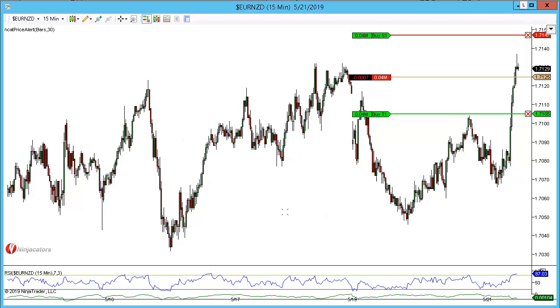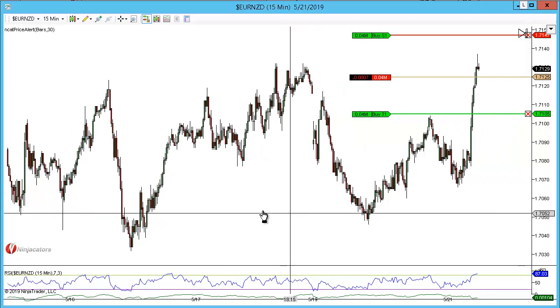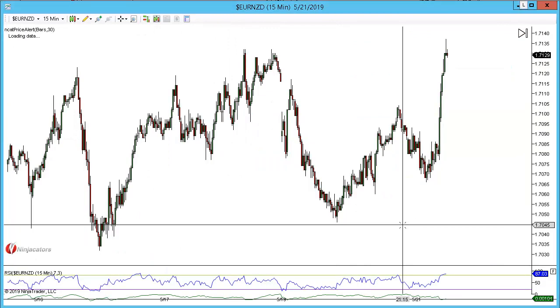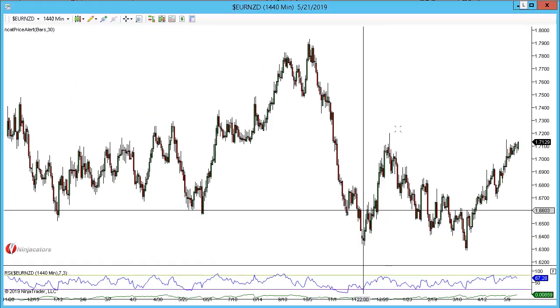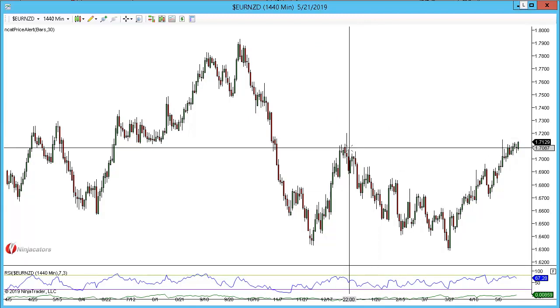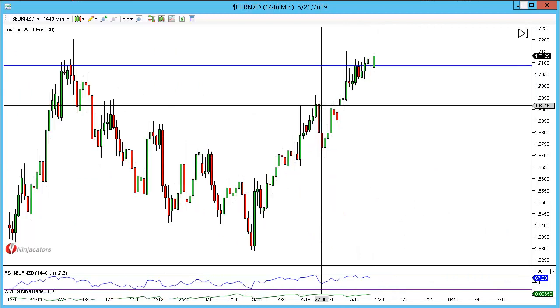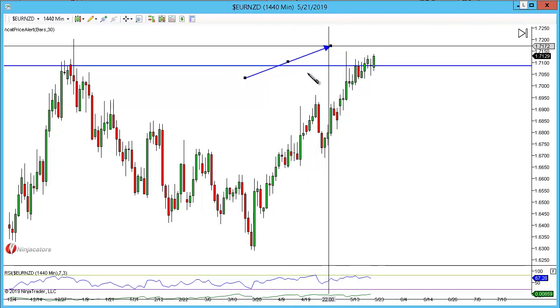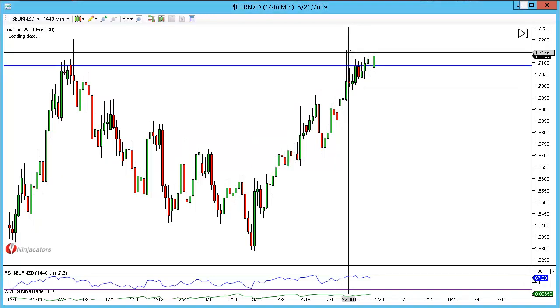But there's a very nice opportunity here on the Euro New Zealand. I do want to talk through this opportunity. So, structuring at our structure lows on the dailies, and what we notice is that we have this long wick and we've been trading inside that wick, so until we violate it there's no trading opportunities for me on the